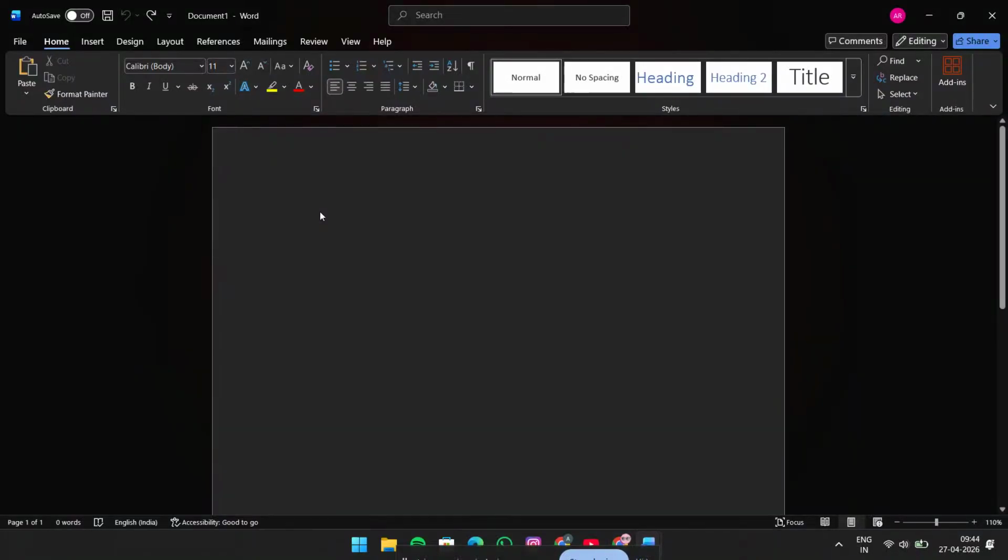If you want to create a clean circular text design in Microsoft Word, you're in the right place. In this tutorial, I'm going to show you how to wrap text around a circle in Microsoft Word step by step, using a simple method that works great for invitations, logos, badges, labels, and custom graphics. It's a really useful trick to know, and once you learn it, you can make your Word documents look much